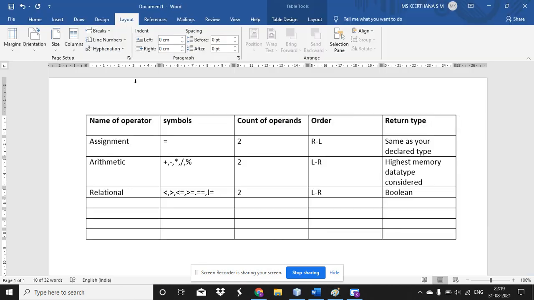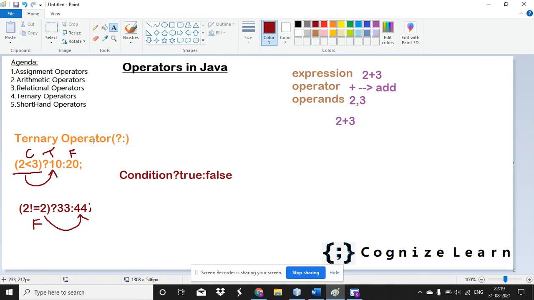And now we have to fill the tabulation for ternary. So what is the symbol used? It is question mark and colon both together. And how many operands do you need? So look at this one. For the condition, you need one operand. For the true value, you need another.